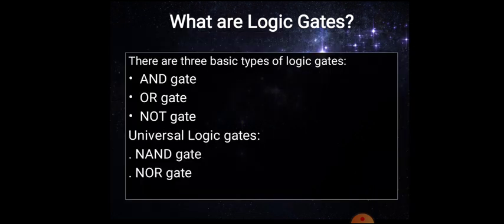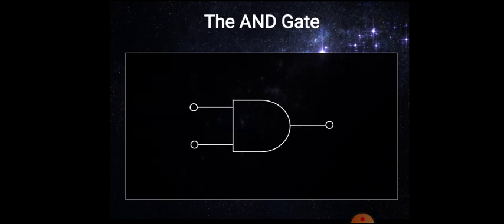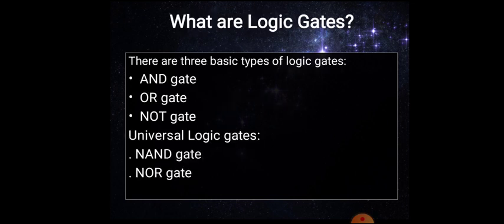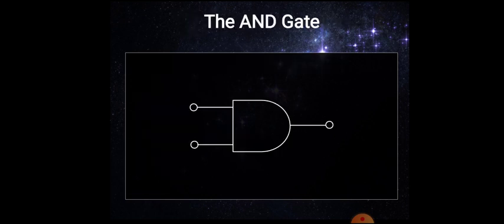Okay, next see here. In this topic we are going to learn five logic gates. Three are the primary logic gates, that is AND gate, OR gate, NOT gate, and the other two are the NAND gate and NOR gate. So totally there are five logic gates, and we have one more logic gate also, that is the exclusive OR gate. So totally six logic gates are going to be learned now. Okay, so let us start from the first logic gate, that is AND gate.